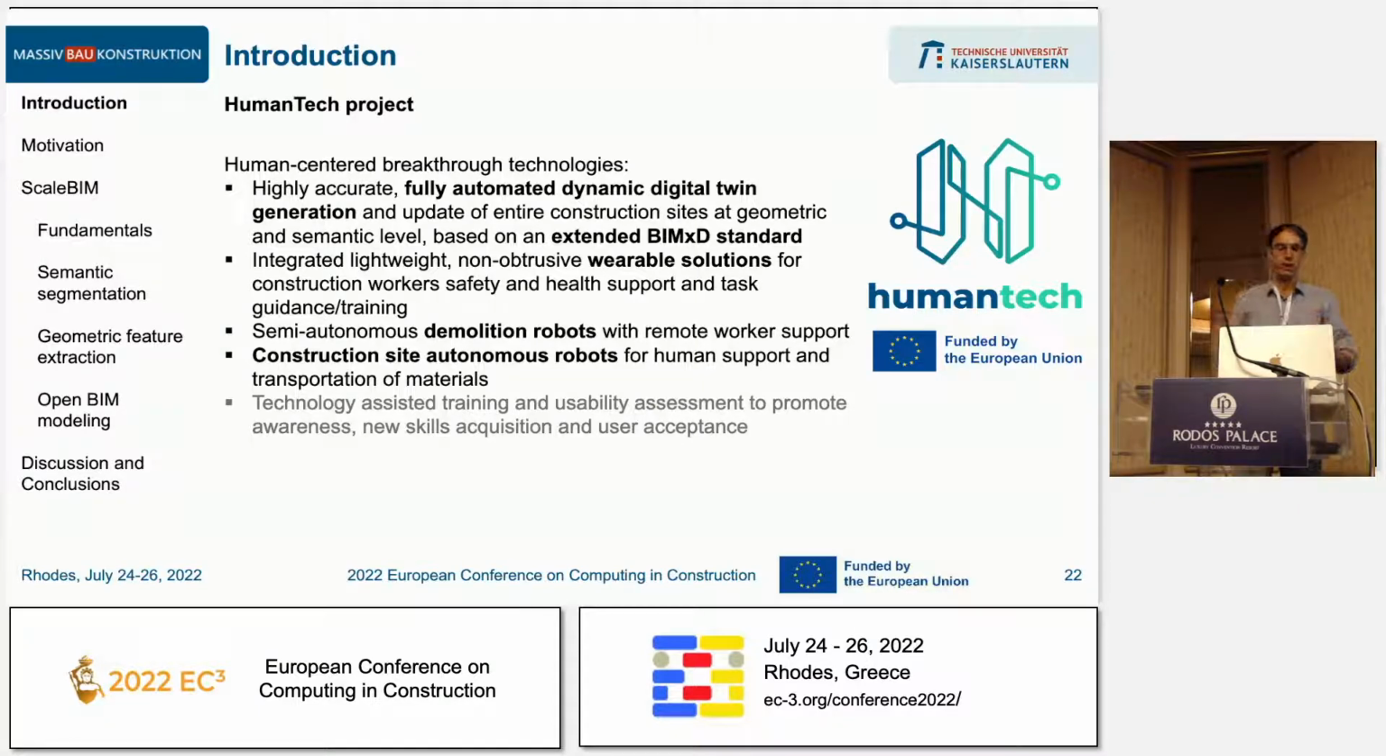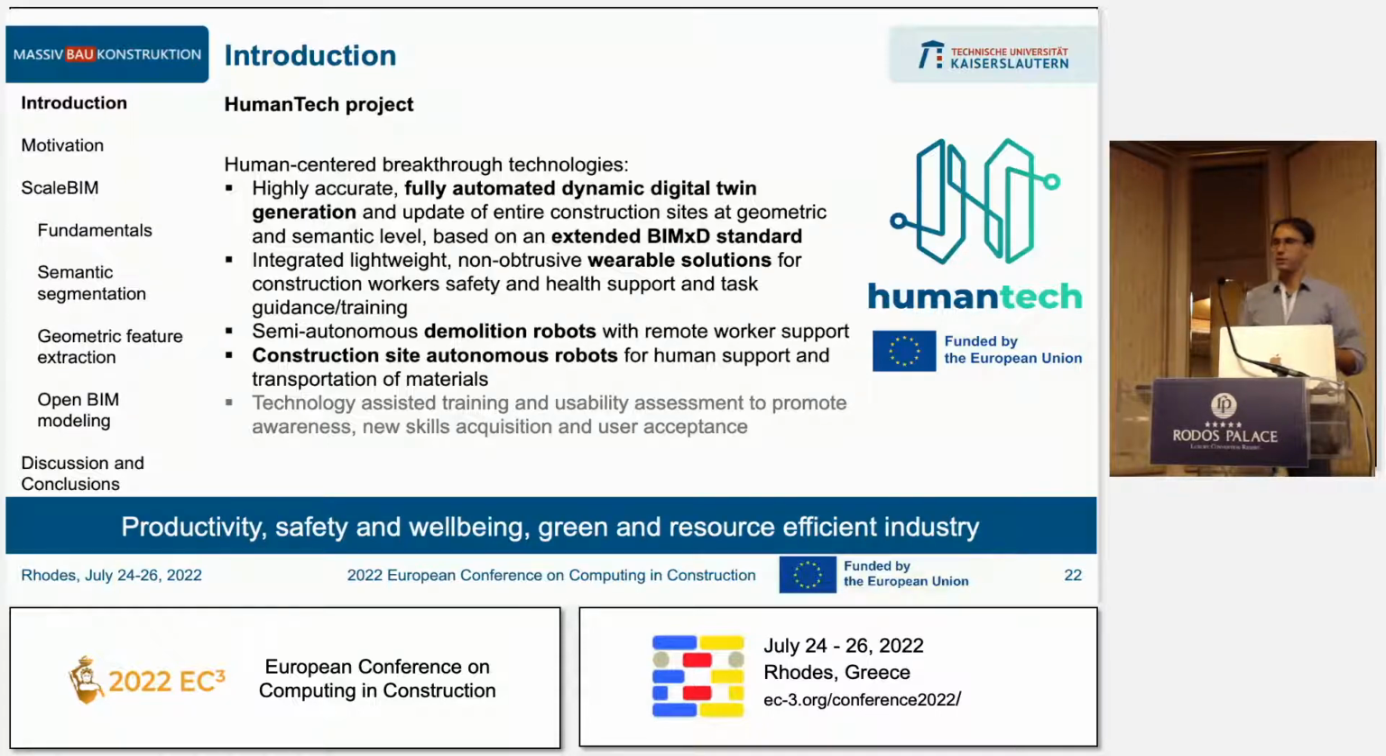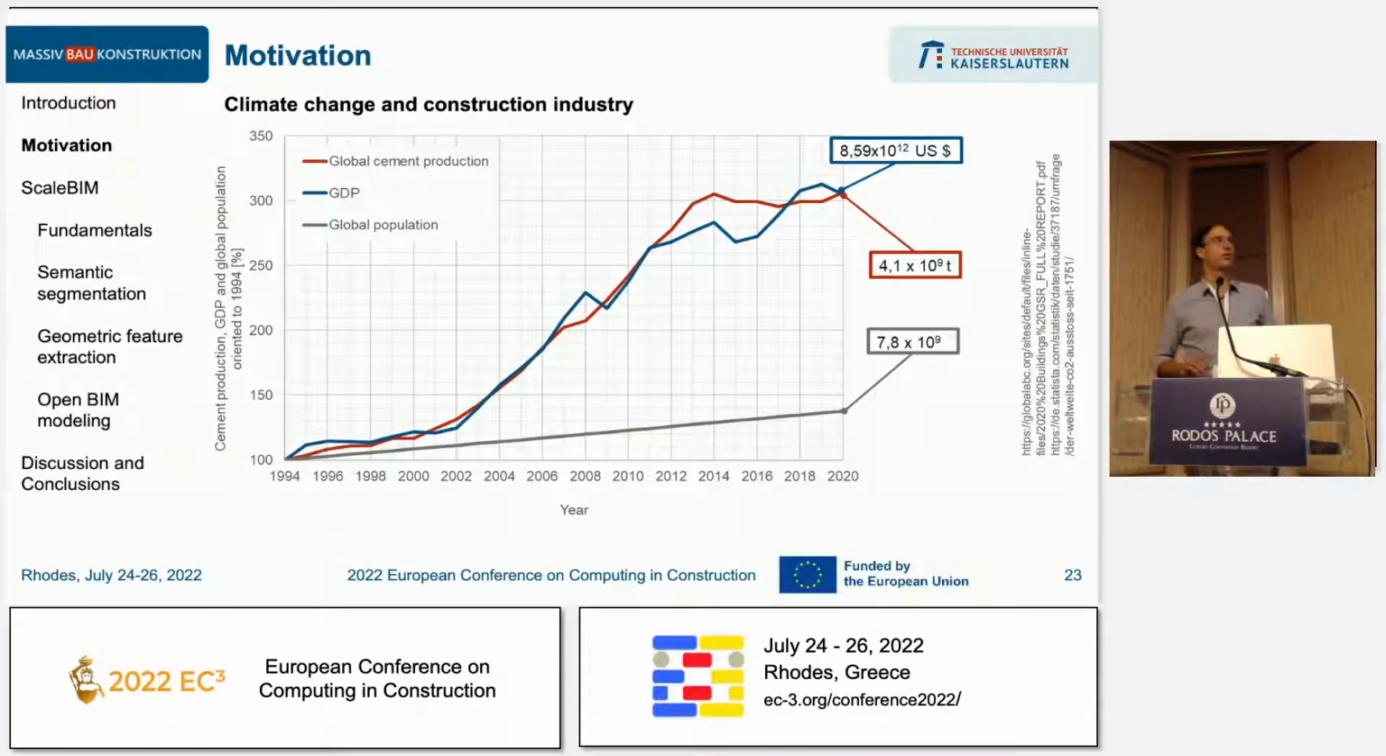One is to acquire dynamic digital twin representations of buildings and also of sites in a fully automated manner. It's also about robotics and wearable solutions in construction. The aim of this project is to increase productivity, safety, and well-being in the construction industry, but also make the construction industry greener and more resource efficient. So why is it important for the construction industry to become